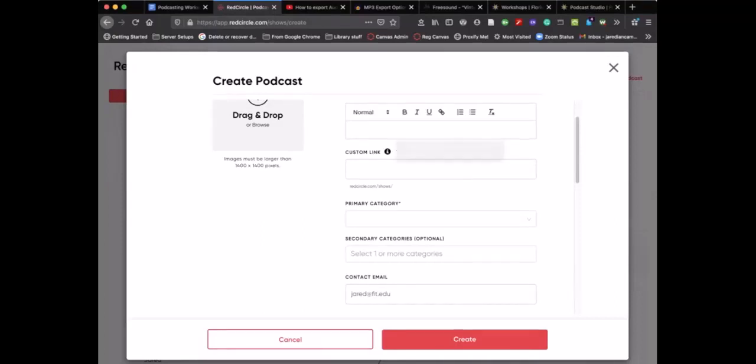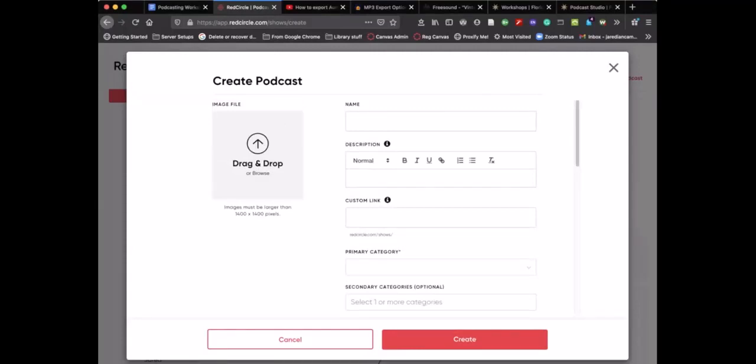Okay, so this is a way that you can share it and distribute it as well. Red Circle is pretty smart. They'll fill that in when you're done. So let me go back to my slide now. Anyways, when you're all done, you're just going to click the red button that says create, and then that just